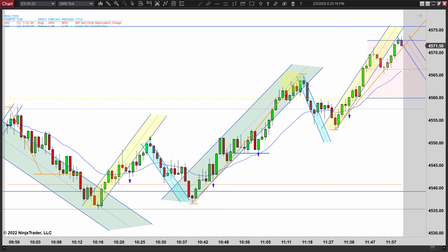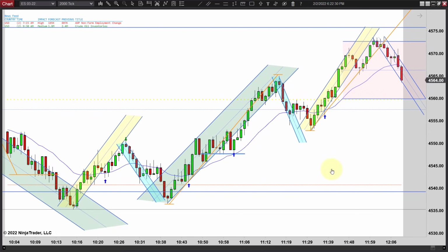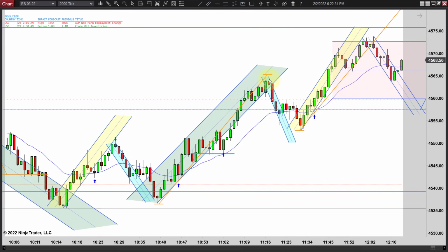And you probably would have got stopped out on your runner here unless you gave it a little more room. But if you caught a runner, there's a nice one there, but that's it. You'd have had to give it a little more room, be a little more aggressive to get a runner there. But some people do that, so it just depends on you. But anyway, you got a close outside a new high, then you get a first entry